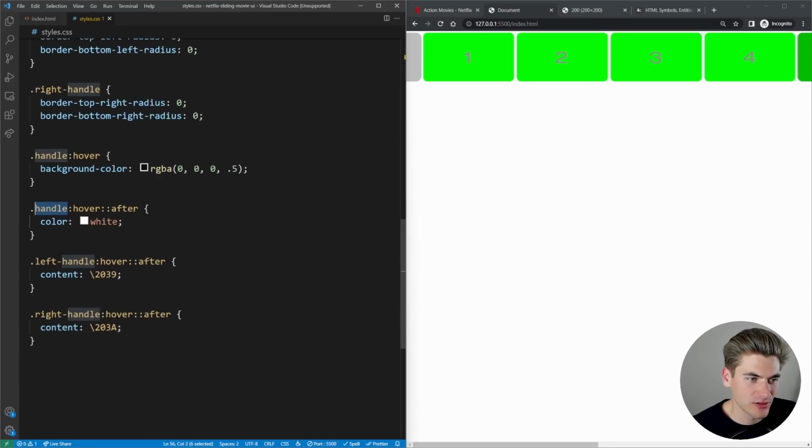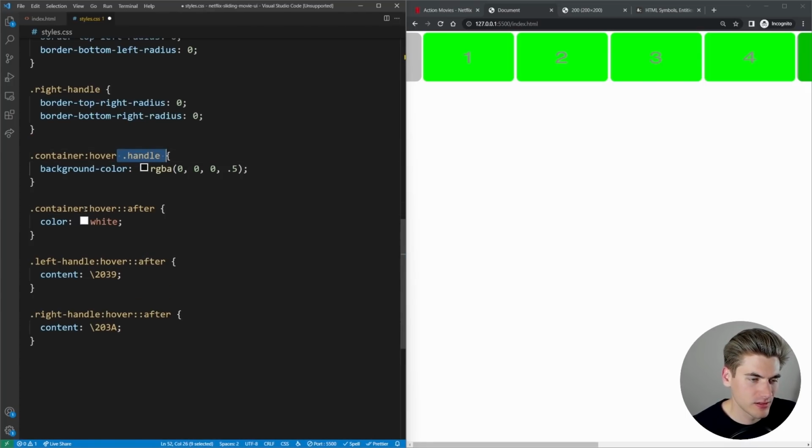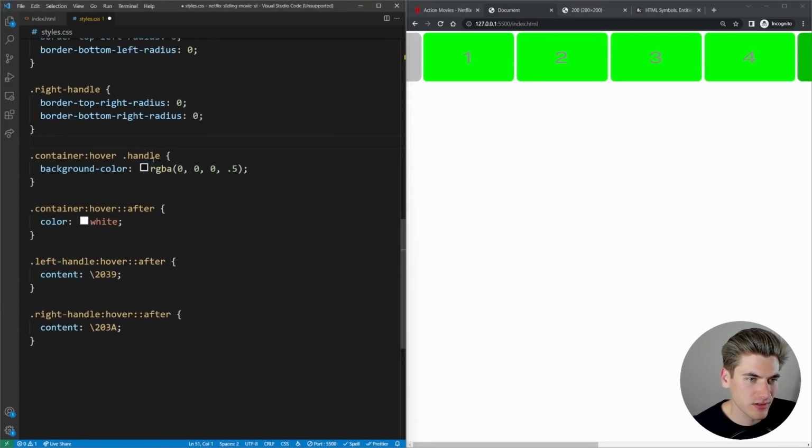So we can just change this handle hover here. Anywhere we have handle hover, we just want to change it to container hover. And we want to get specifically the handle. Make sure, and only when we hover over the handle do we want it to get darker though. So I guess that one was correct how we had it before.